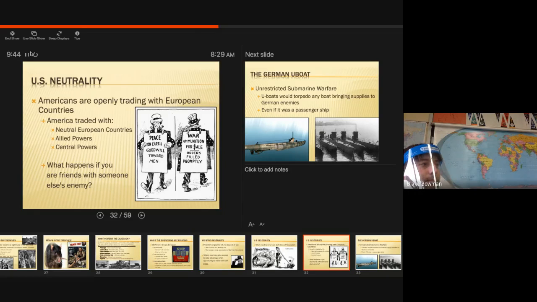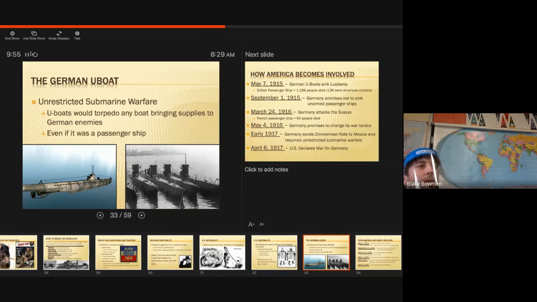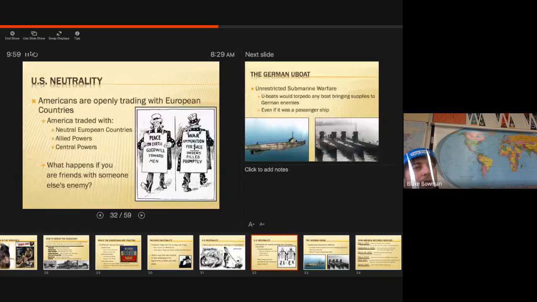We good? So as this is happening, as the U.S. is just standing back, what do you think Germany is going to do to these cargo ships coming across the Atlantic Ocean? Take them out with their U-boats, which we'll talk about tomorrow. Well, probably Thursday. So don't worry about that just yet. Germany's getting ticked off. They're just like, listen, what are you doing? Are you going to help us? Are you going against us? A lot of these ships coming across the Atlantic Ocean are going to become targets, because they're going to try to aid our opponent.